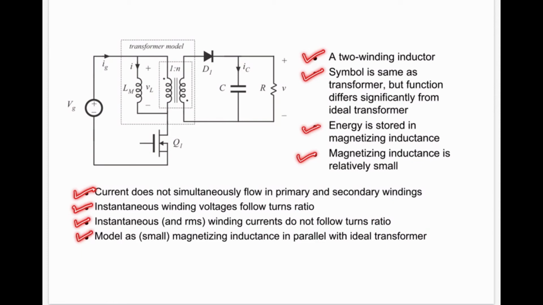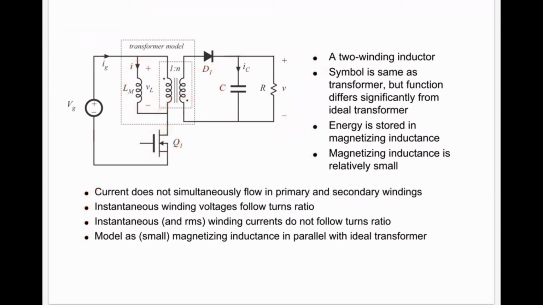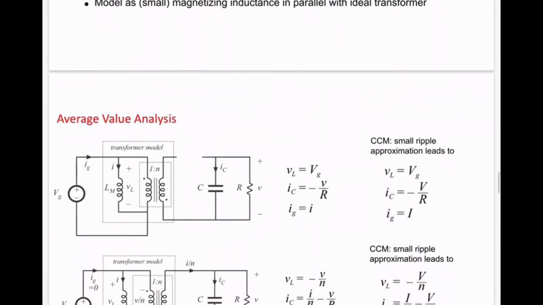So your magnetization branch is represented in parallel to your primary winding over here, showing how we can store the energy when our switch Q1 is in the on state, and when it is turned off, the energy stored is delivered through this diode to your load. So when our switch is in the on state, energy is stored, and when your switch Q1 is in the off state, your energy is delivered.